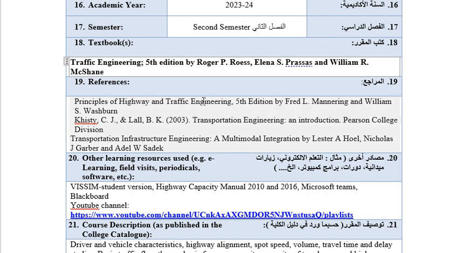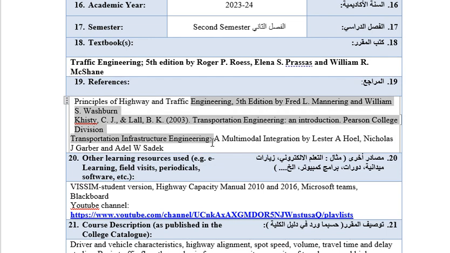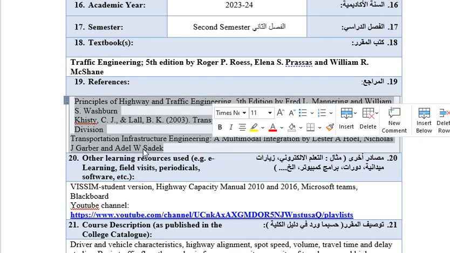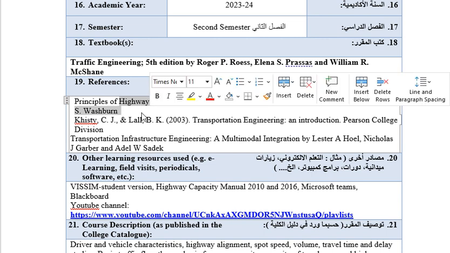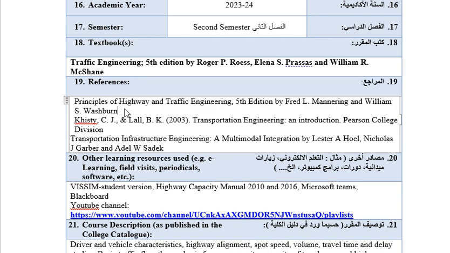Okay, then you see these are the reference books. This one I've already uploaded on Blackboard, and this is the same which you used for the highway engineering course. This one, you can easily find it on the internet. There are some good problems here, and the solution of the problem is also given. And by the way, I've also uploaded another book which was published after this one, not by the same authors, but it has many problems and their solutions. So you can use it for practice.